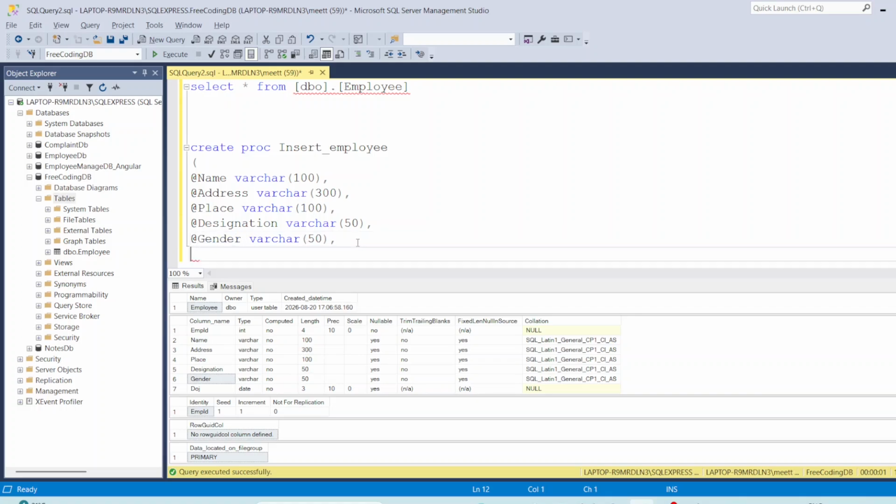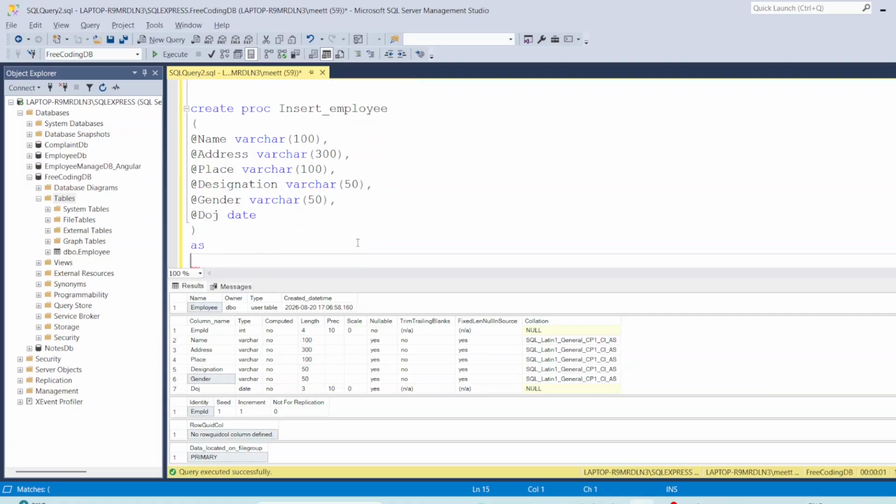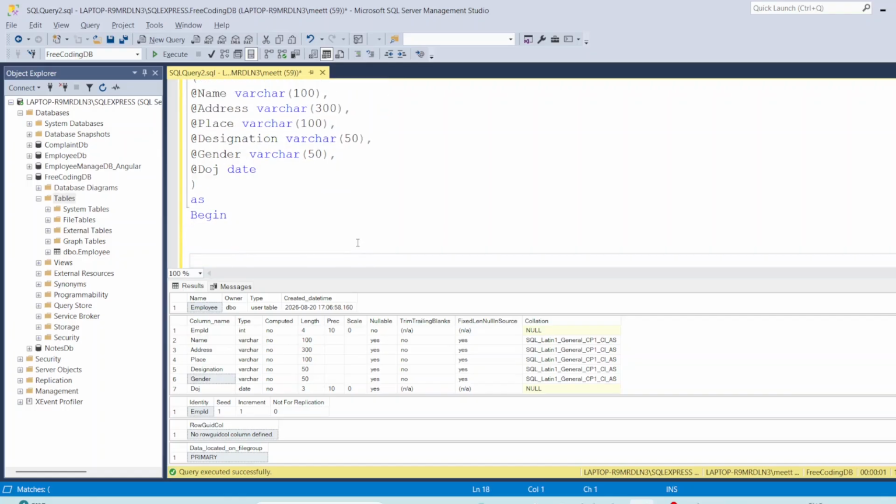Gender and date of joining, DOJ, date, as begin and